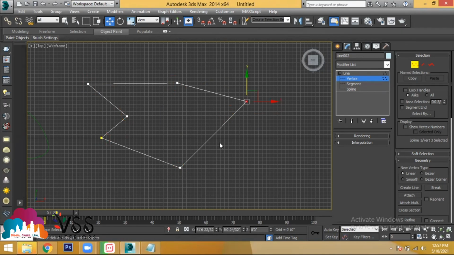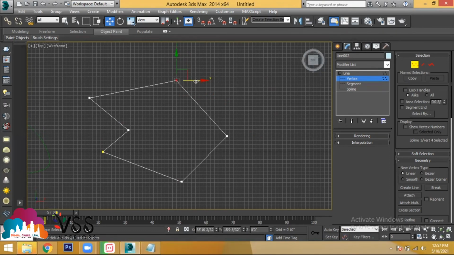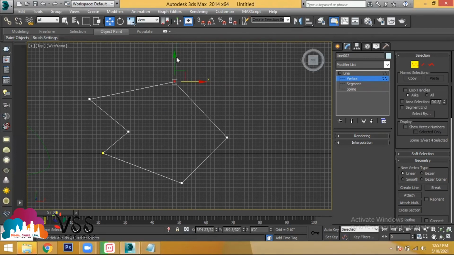The shape will get changed, right? Whatever shape I have created is getting changed to another shape because I'm moving that endpoint from one position to another. Select any other endpoint, move it in Y direction or in X direction. How do you move it? You have to select that particular axis, either X axis or Y axis, and move it in the X or Y direction like this. Clear? Yes, sir. Let's select any other endpoint. How do you move the object?